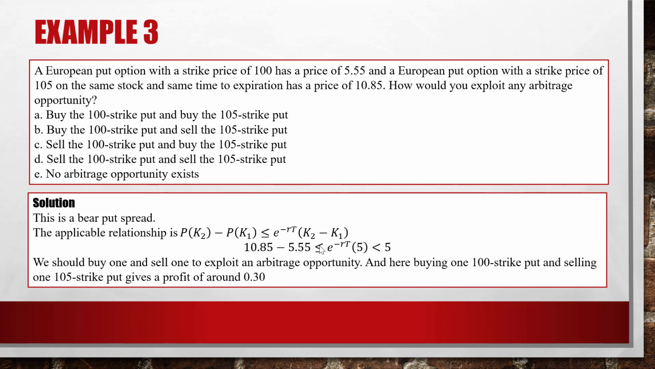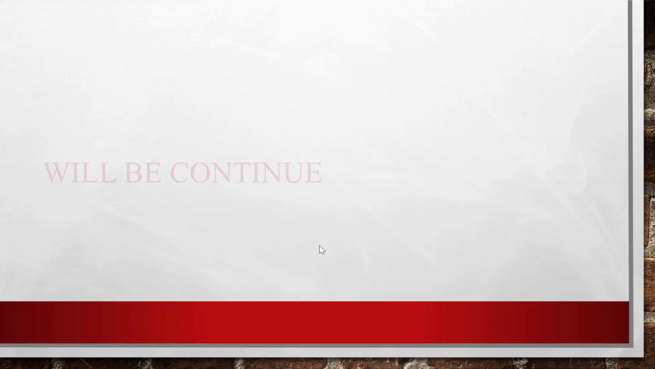and it's less than 5. So here we consider whether we buy the put option with strike 100 and sell the put option with strike 105, or buy the put option with strike 105 and sell the put option with strike 100. We consider these two cases to do the calculation, and we figure out that if we buy the 100 strike put and sell the 105 put, we have a positive profit. Otherwise, we have a negative profit. Alright, so